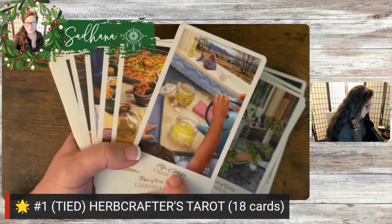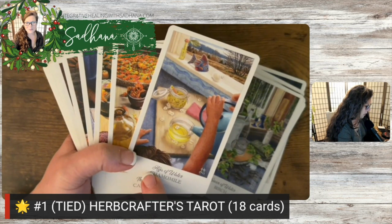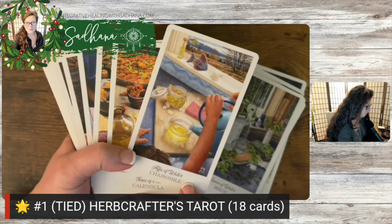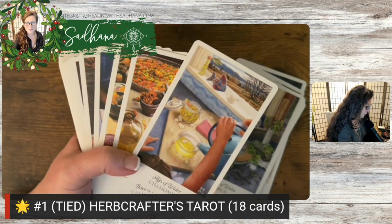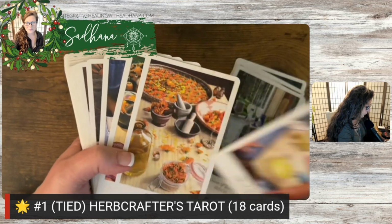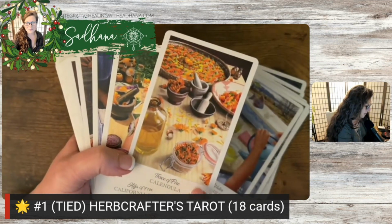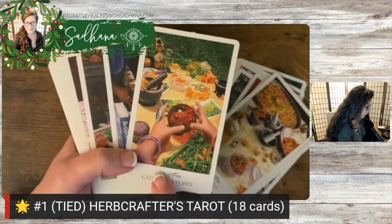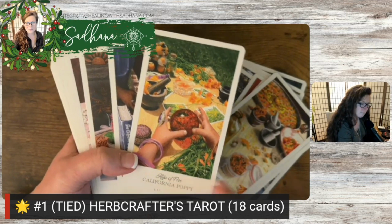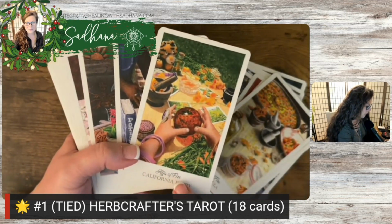The court cards. So this is a page. This Iha of water. And in the court cards, you do see hands and arms. And the 3s, the 6s, and the 9s of each suit tell an amazing story. So there's your page of fire, playing with the elements. So all of the pages have